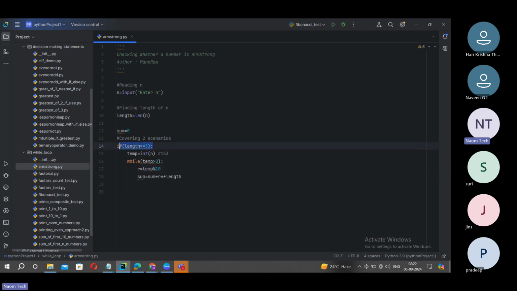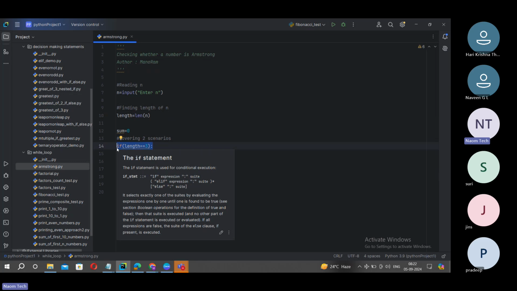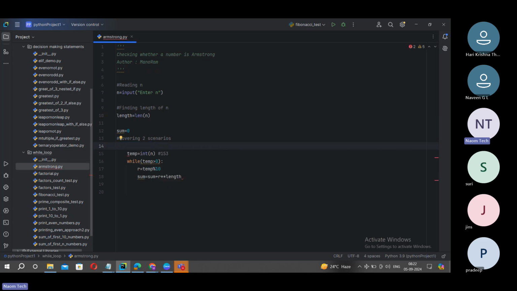Even you don't need this logic. Sorry, I think this time you can just ignore this. Just find the length, that is enough. And now you can do this directly. This dynamically gives you, whatever the length of the digits, that particular logic directly without any check here. That is enough. No need for any condition check if it is a 3-digit or 4-digit number, because we are trying to